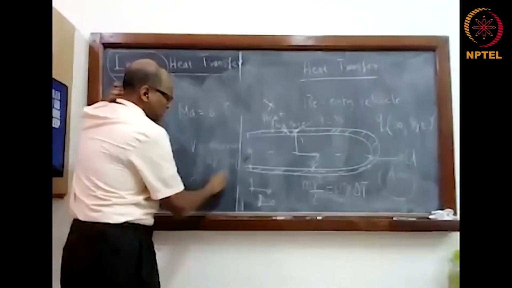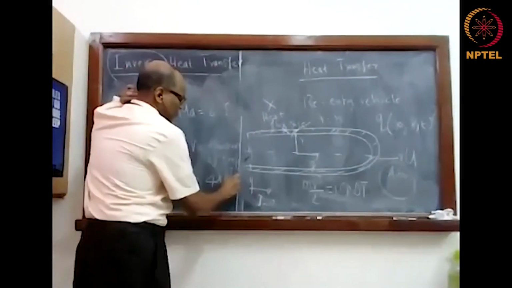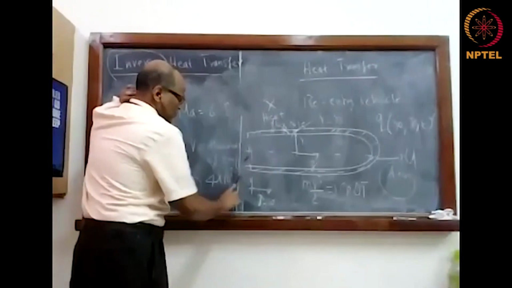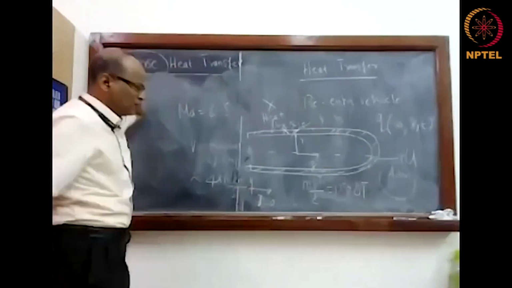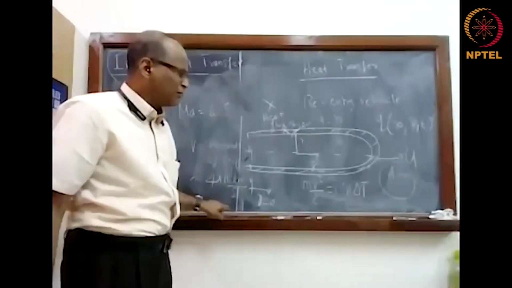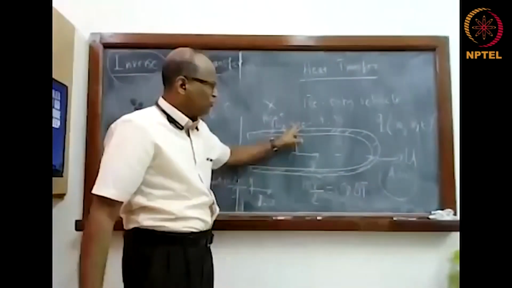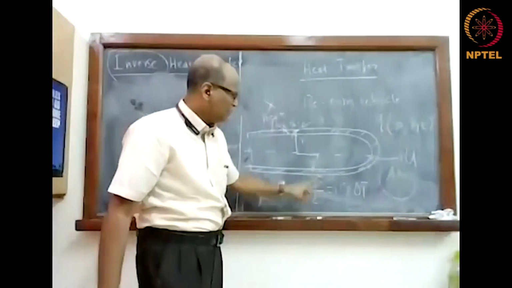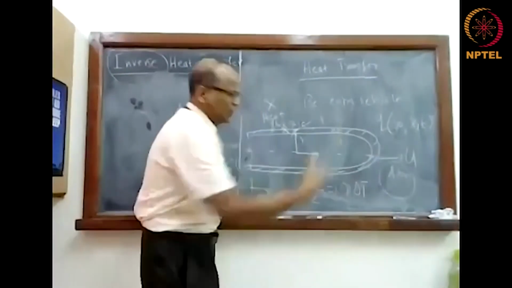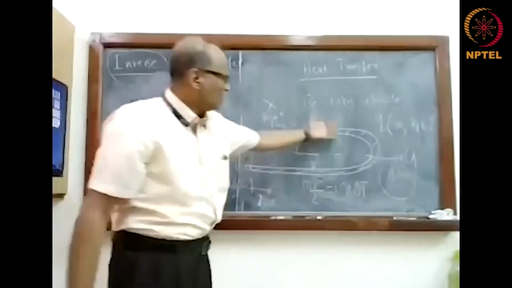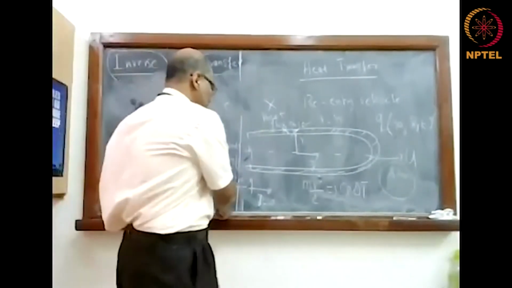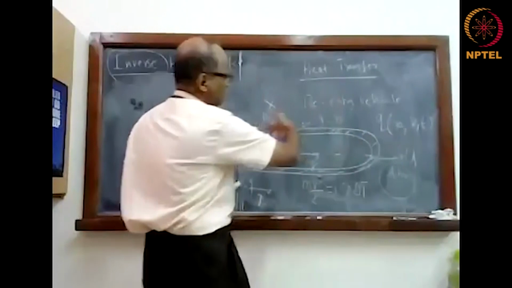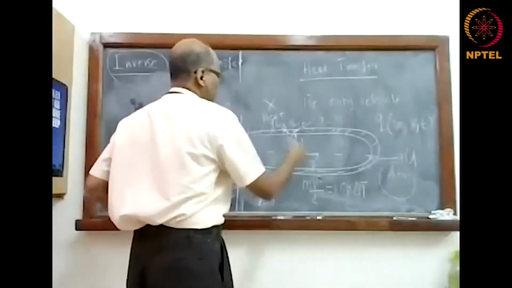Let's say for the argument's sake, it's 4,000 kilometer per second. It's 4 into 10 to the power of 6 meter per second. mv square by 2, multiply the vehicle weight. mv square by 2 is equal to Cp into delta T. Cp of that material, if you take, what will be the delta T of this material? So it will be that mv square will be everything, the load comes onto the weight, comes onto the body.